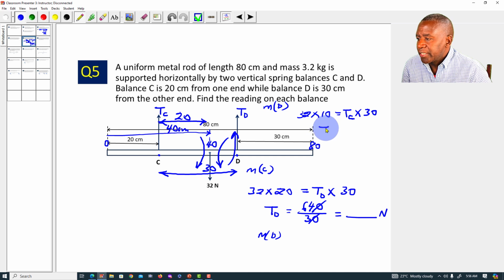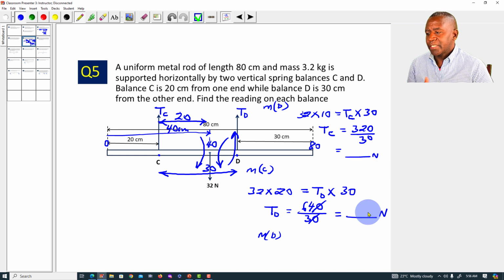And we're going to get TC being equal to 320 divided by 30. And we can get that one again in newtons. Just use your calculator, confirm what those values are. Now, there is another method you could have used. Once you got the value of